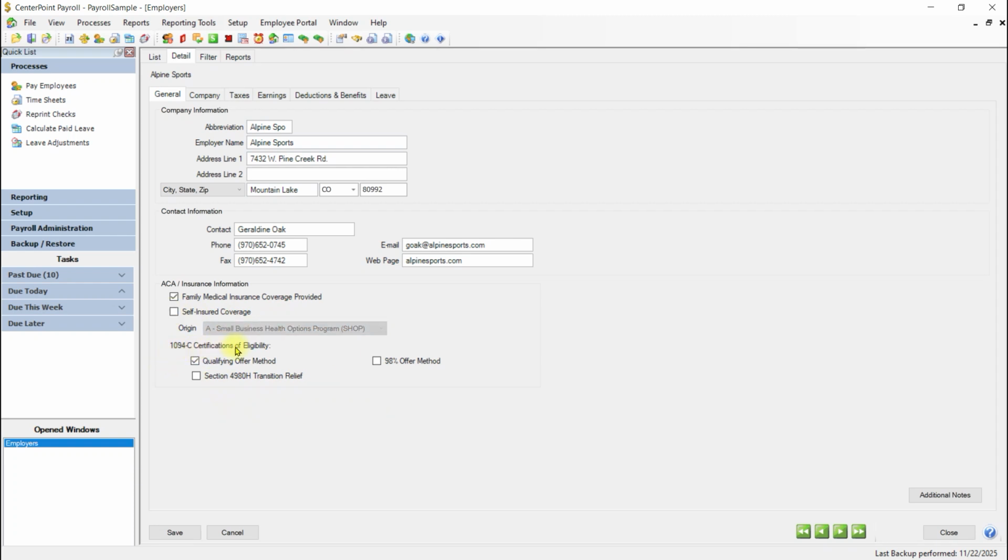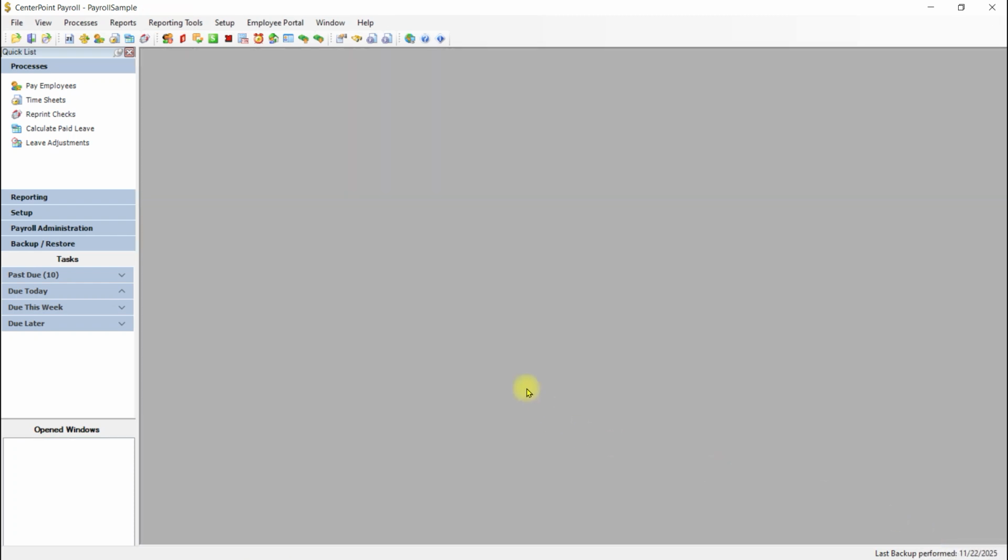For the 1094-C, you'll select the certifications of eligibility that apply to the coverage you have. For a little bit further description of those certifications of eligibility, you can find that information in our help file, which you can get to by clicking on the help button in the bottom right corner of the screen. I'm going to save the employer setup, and then the remaining portion of the ACA setup is done on the